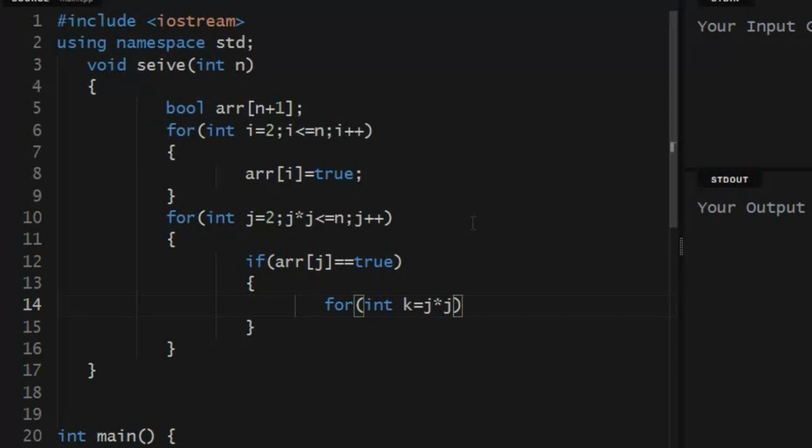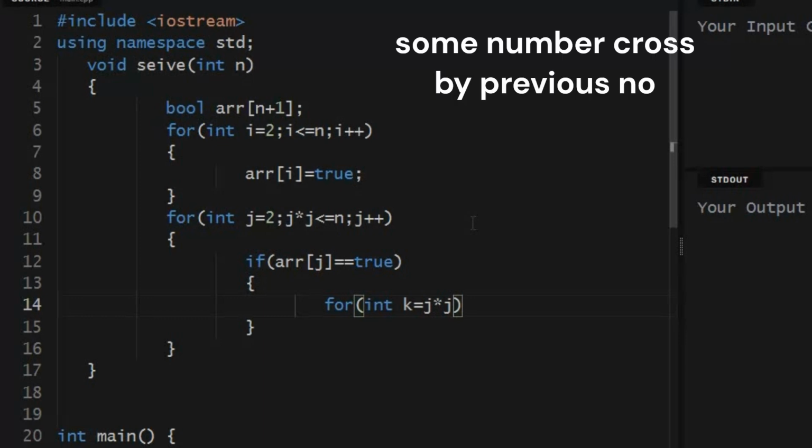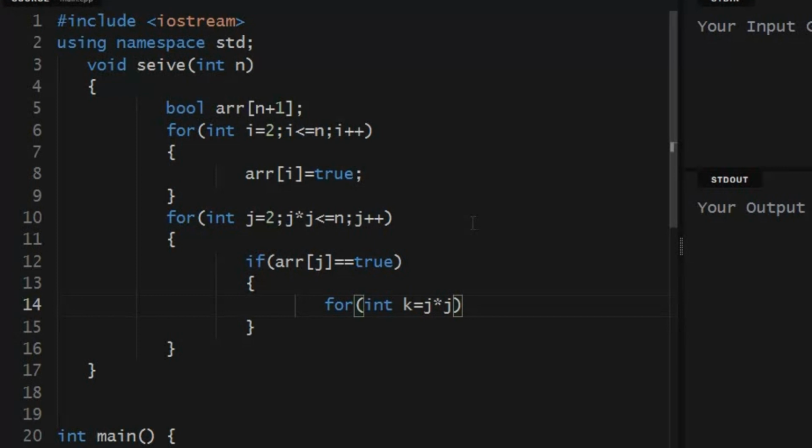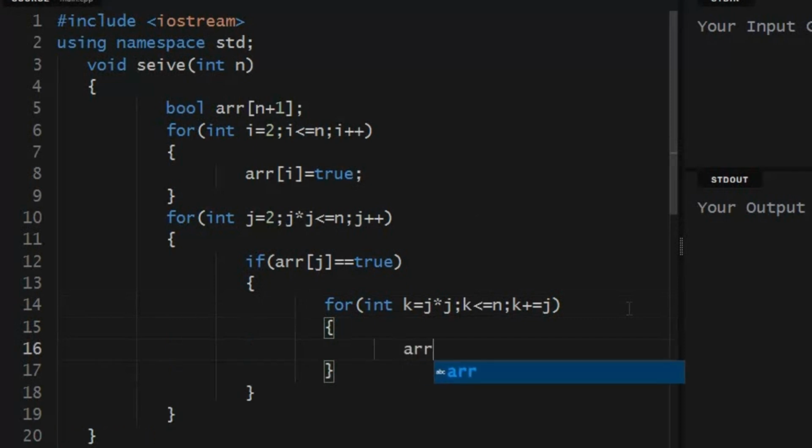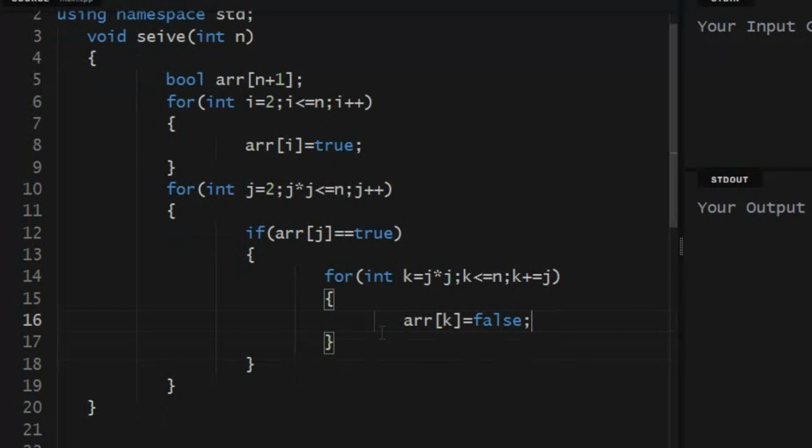Because some elements were already marked by the previous prime numbers. So for every prime number we start marking from the square of that number. So k less than or equal to n, and then we increase k by j each time. Now we assign false to array of k. That's the logic to calculate all prime numbers up to the given number.